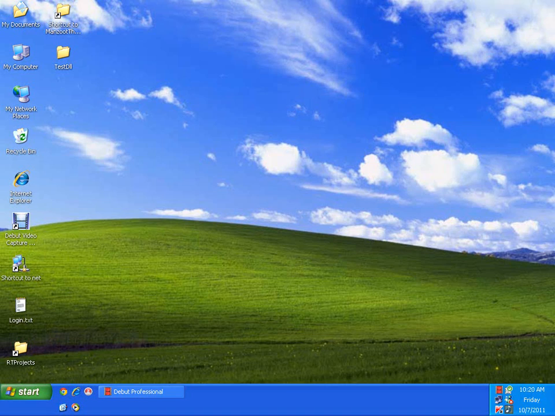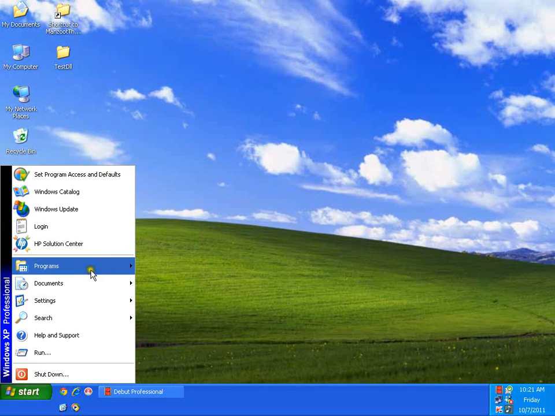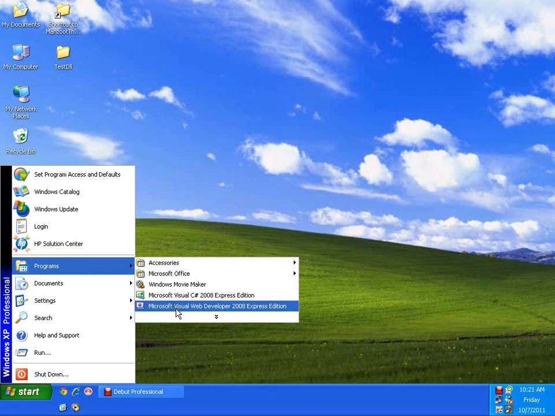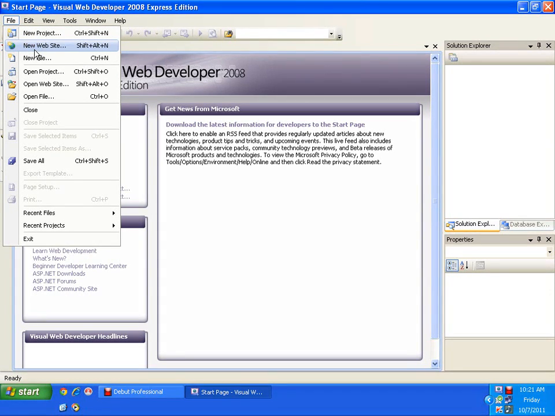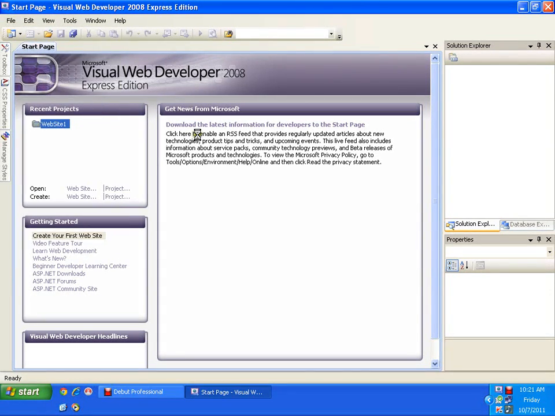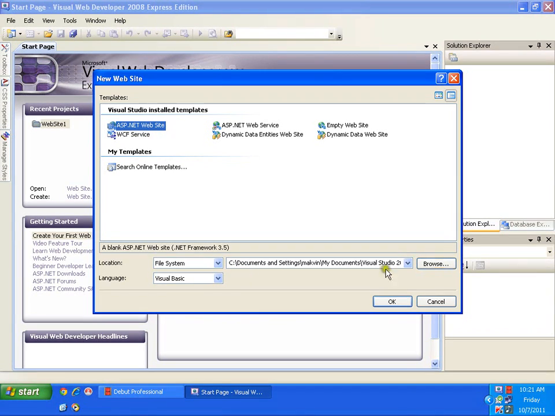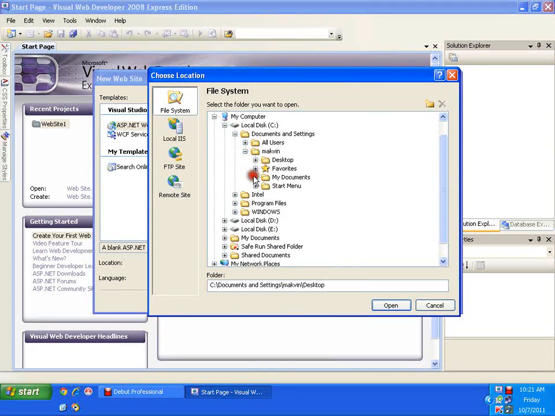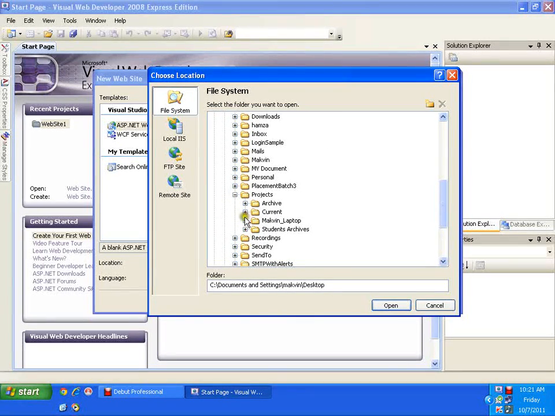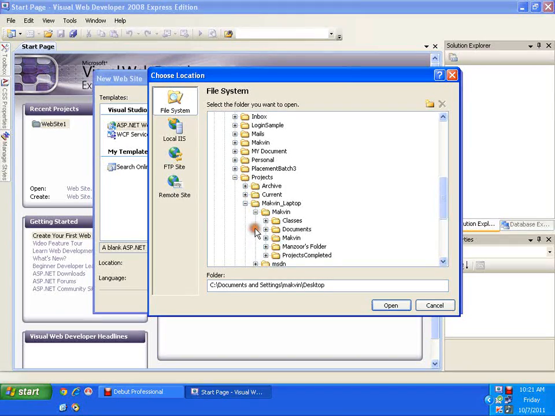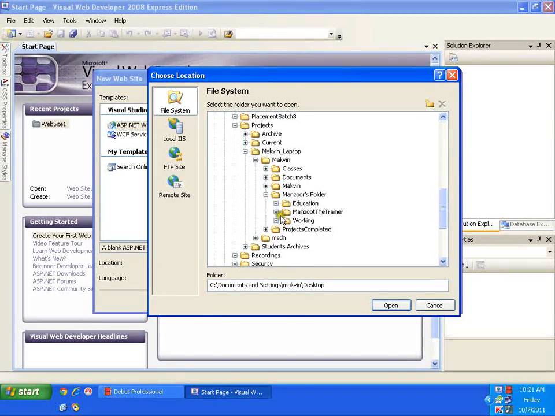Hello, in this demo I am going to show the reusability of the products DLL in my web application. So to create a web application, I am going to start Microsoft Visual Web Developer 2008 Express Edition. File, I'll say new website. I'll not say new project, I'll say new website, ASP.NET website, and I'm going to store this in my computer projects in laptop win use folder unit,